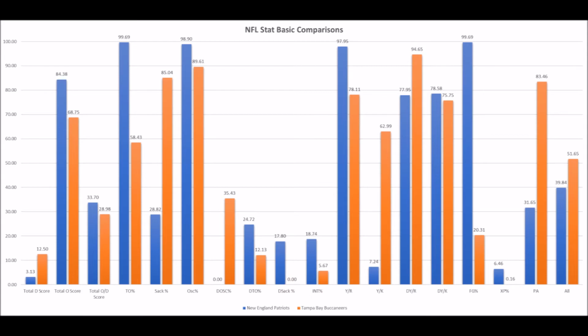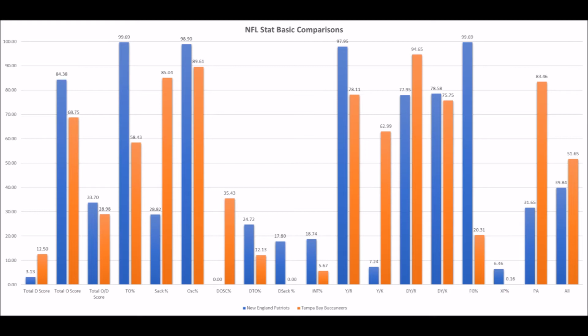The Patriots have fewer turnovers overall than the Tampa Bay Buccaneers. The Buccaneers take fewer sacks, though, compared to the Patriots over the last 4 weeks. And when it comes to offensive score percentage, it's definitely in favor of the Patriots. Defensively, the Buccaneers have allowed fewer points in terms of offensive scoring drives. They've been better at preventing points compared to the Patriots from a percentage standpoint on each drive.